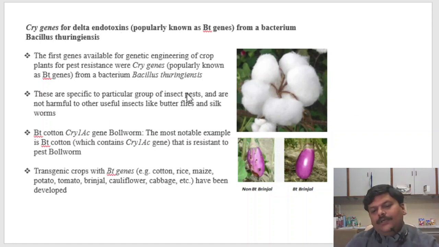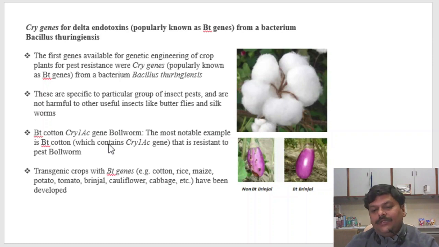So first they tested this effect of overexpression of those cry genes in model plants such as tobacco, and then the cotton transformation was done by the method of choice, and then it was tested against infection of this cotton bollworm. As soon as the cotton bollworm tries to eat the transgenic cotton which is producing delta endotoxin, it dies. Afterwards, the success of Bt cotton was repeated in many other crops, including food crops, where the